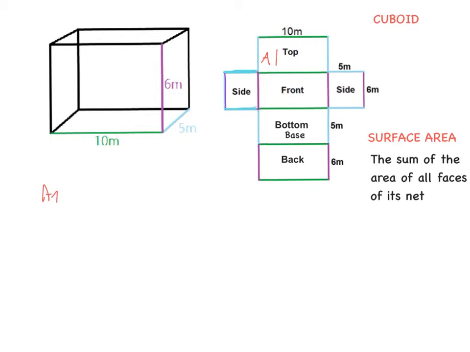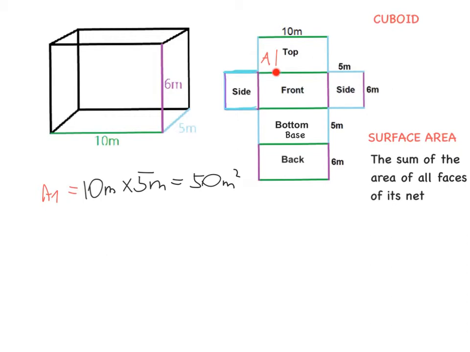So let's find area 1. Area 1 is 10 multiplied by, and this dimension is the same as this one. They need to match, so 5. So we have 10 meters multiplied by 5 meters, and this is 50 meters squared. Okay,